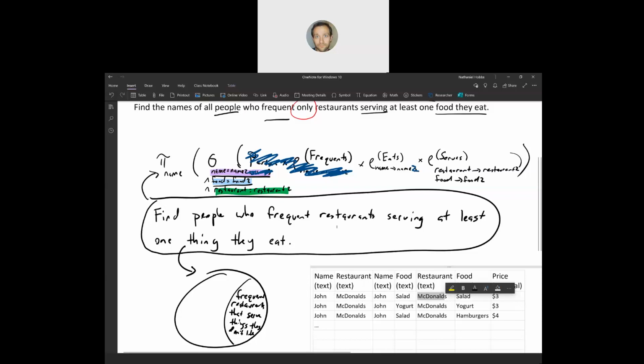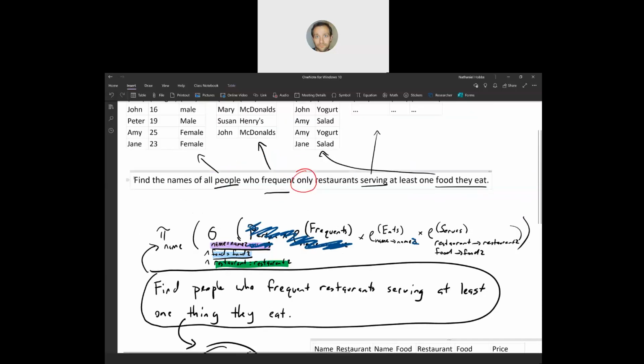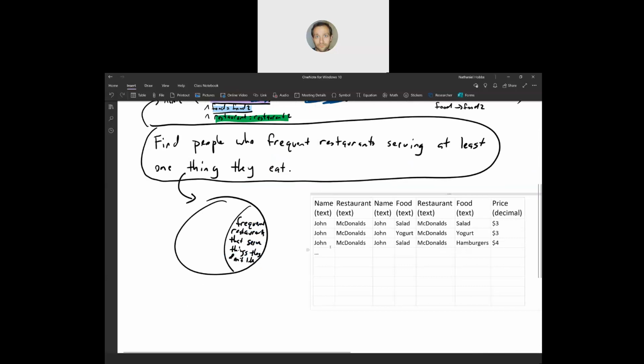Now, the problem is this. Find the names of the people who frequent only restaurants serving at least one thing they like. So maybe there's something